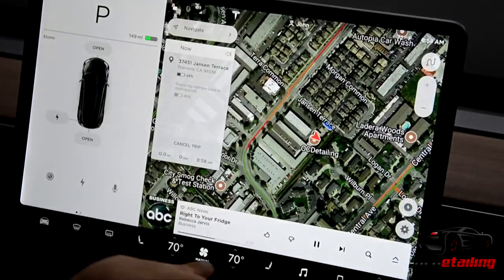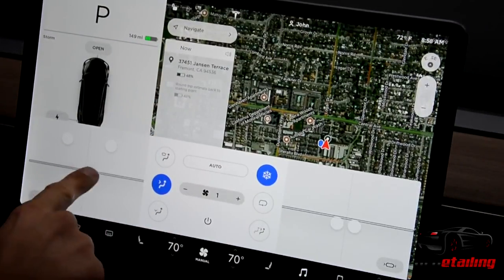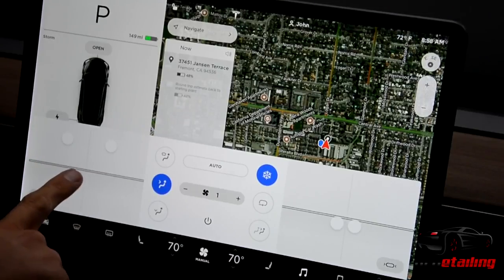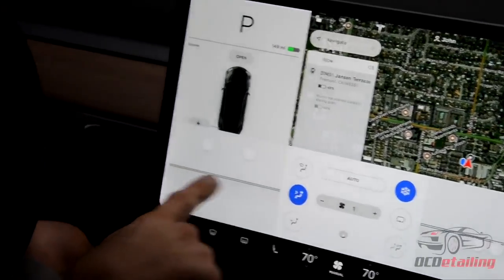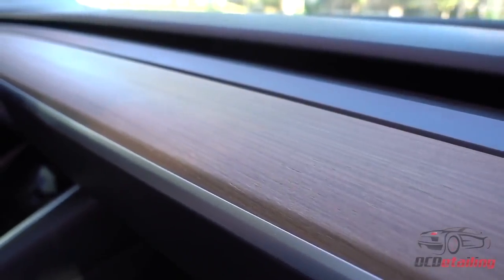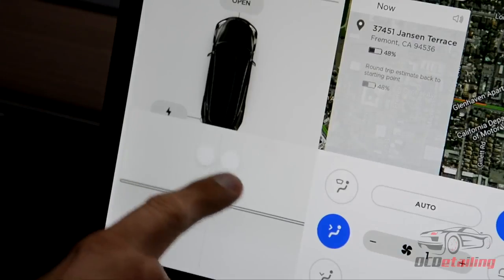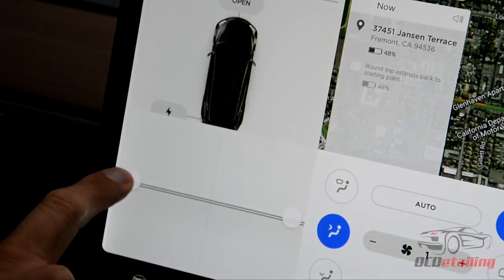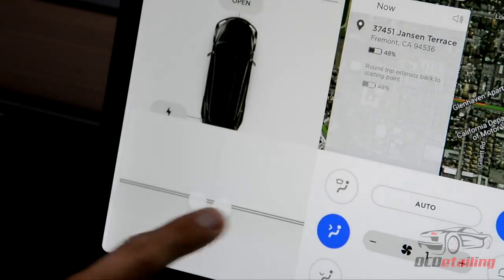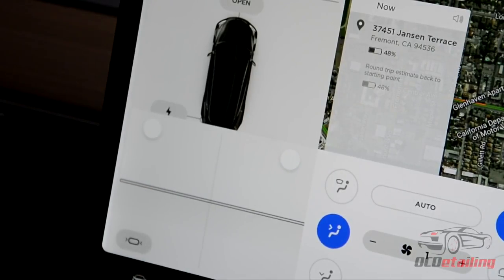That's cool. And then I want to show you the climate control, because I thought this was really neat too. So you have what appears to look like this Atari-style Pong game right here, which is for left and right, which is for this big vent up here, right? So with the entire Atari-style Pong game, you just move it around, and you'll feel the air move to wherever you put it. So I want the air up here, all of a sudden I feel it over here, it's coming